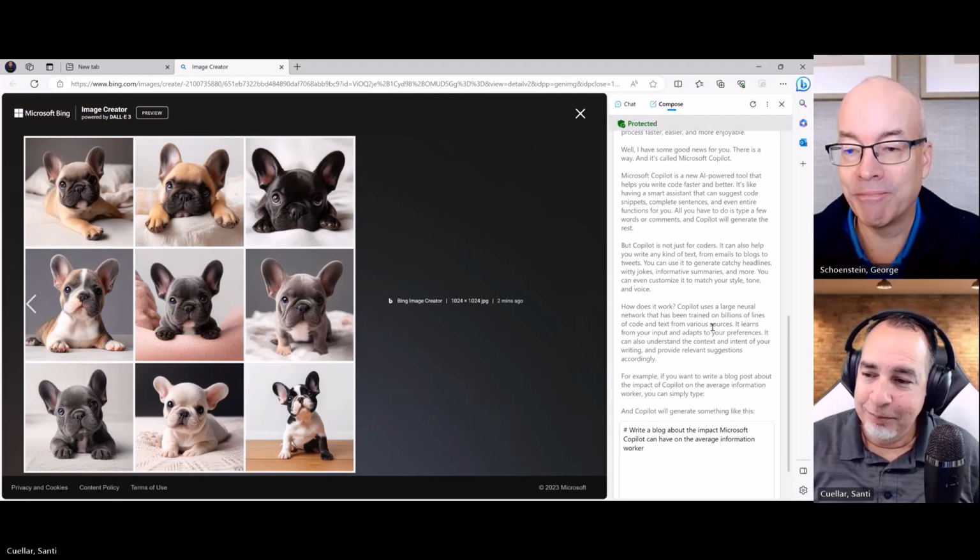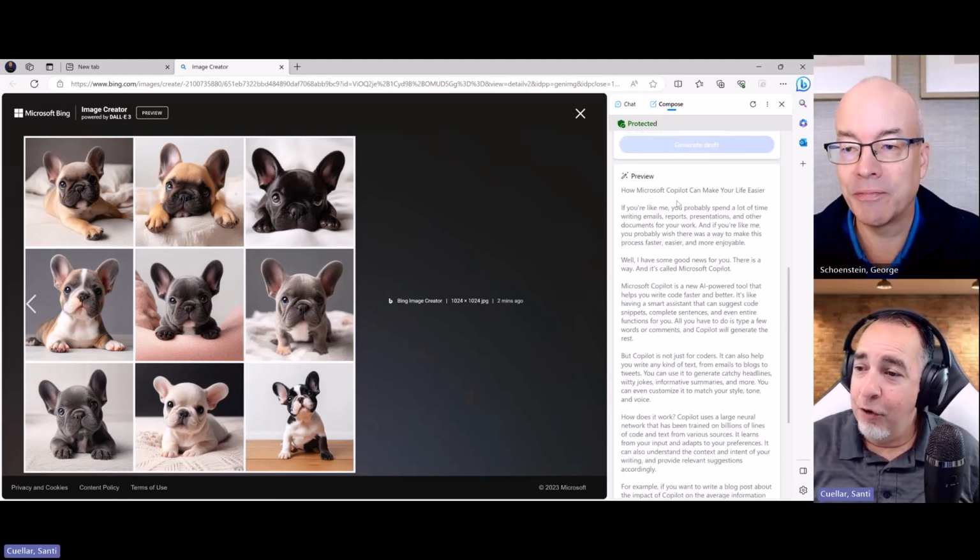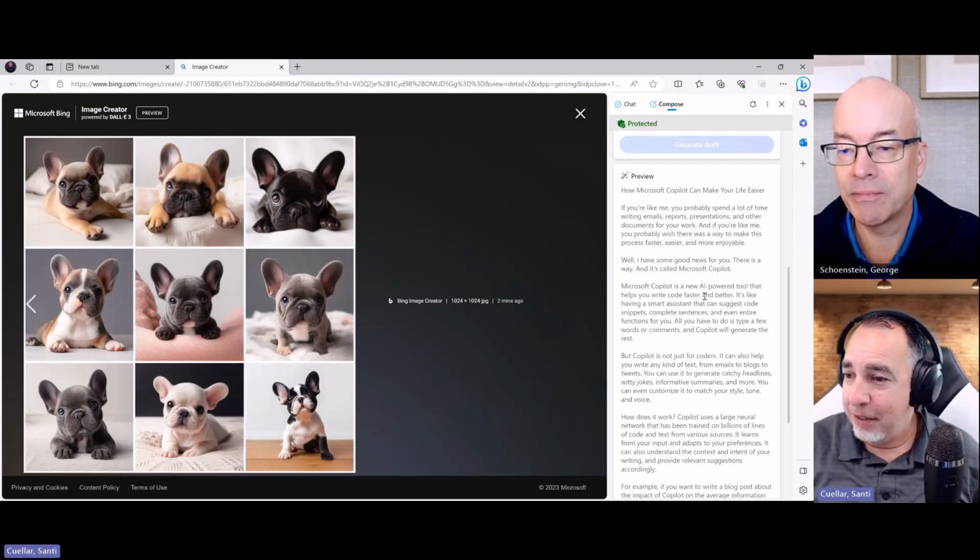Correct. But look, here's the opening. It says how Microsoft Copilot can make your life easier. And it starts off, if you're like me, you probably spend a lot of time writing emails, reports, presentations, and other documents for work. And if you're like me, you probably wish there was a way to make this process faster, easier, and more enjoyable. I think it's a great opening. And so I'm not going to read the rest of the blog, but